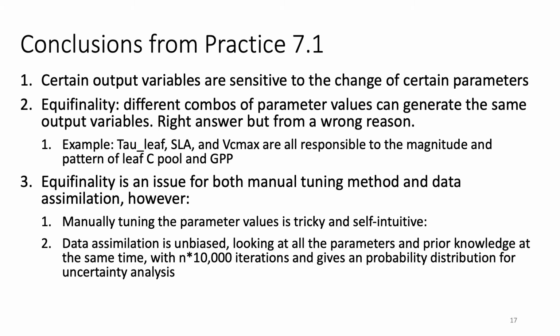However, manually tuning the parameter values can be tricky and self-intuitive, but data assimilation is unbiased. It will look at all the parameters and prior knowledge at the same time with millions of iterations and given probability distribution for